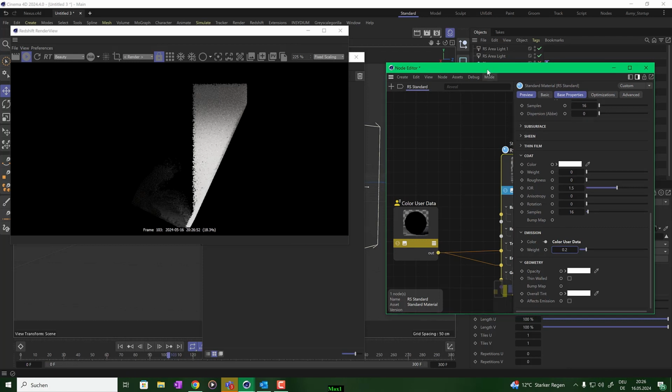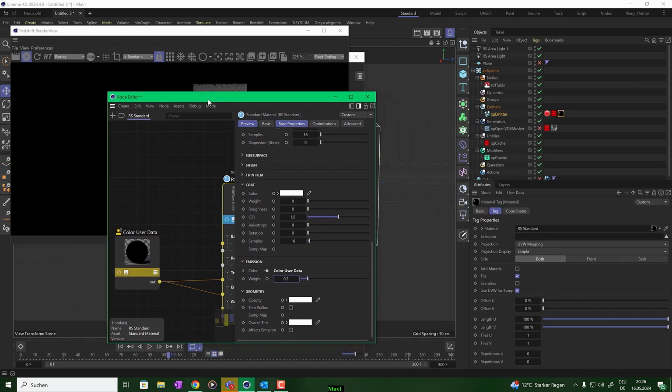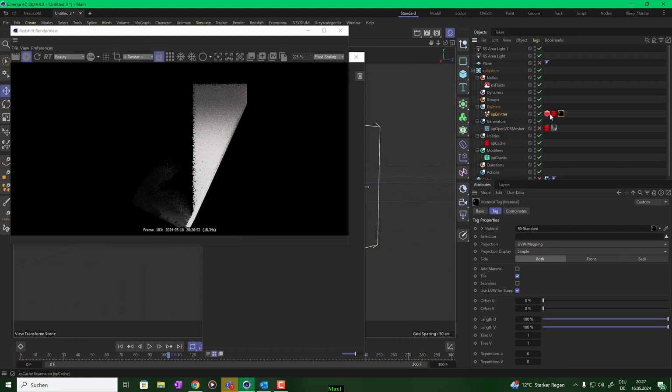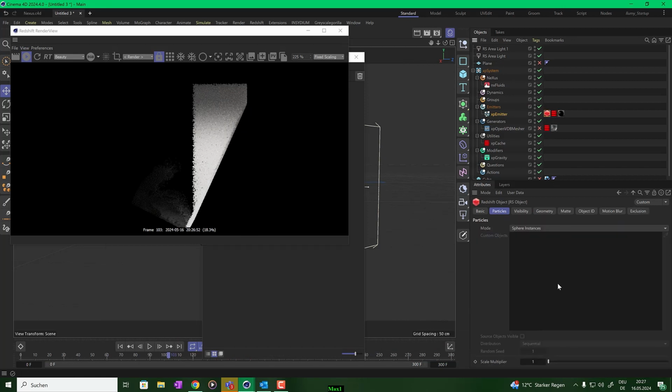Okay, but for the fake foam we need very, very small particles. So let me close this for now. This is the material we need, and we go to the Redshift settings, and we shrink down the scale multiplier to 0.2. And now you got the idea. This will be the foam. Okay,